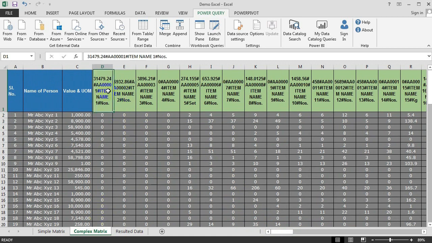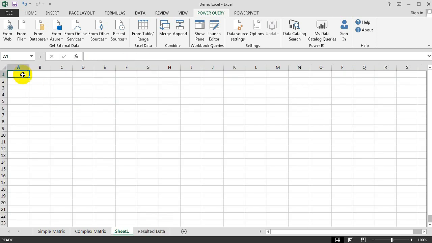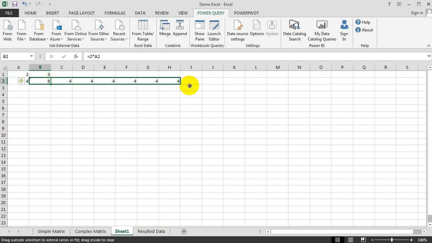If you don't know how to copy and paste as a value, suppose I have 2 and 2 and equal to 2 into 2, 4. I need to paste as a value.